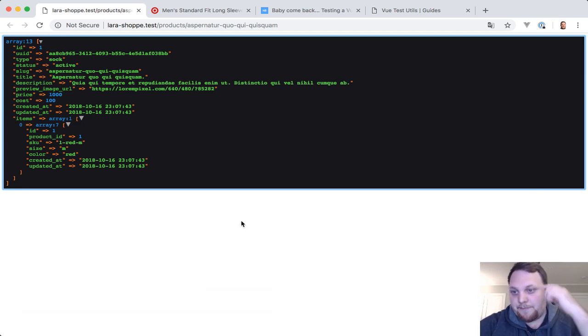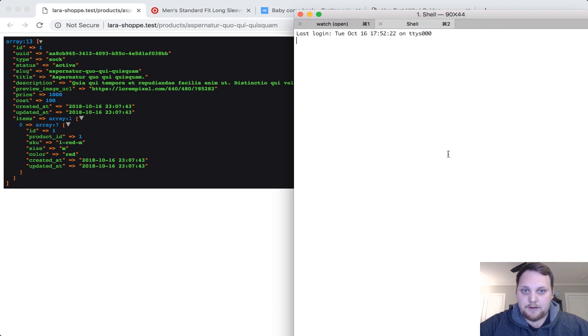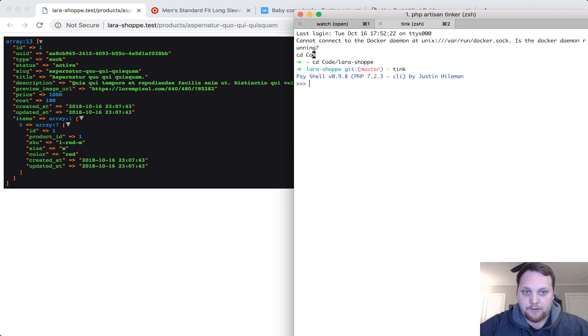Alrighty here, so we've got one product here. I'm actually going to spin up a few more items here, just because I want to be able to kind of group it. Alright, so we'll get into our Tinker. So factory, I guess this will be our App inventory class. Create,